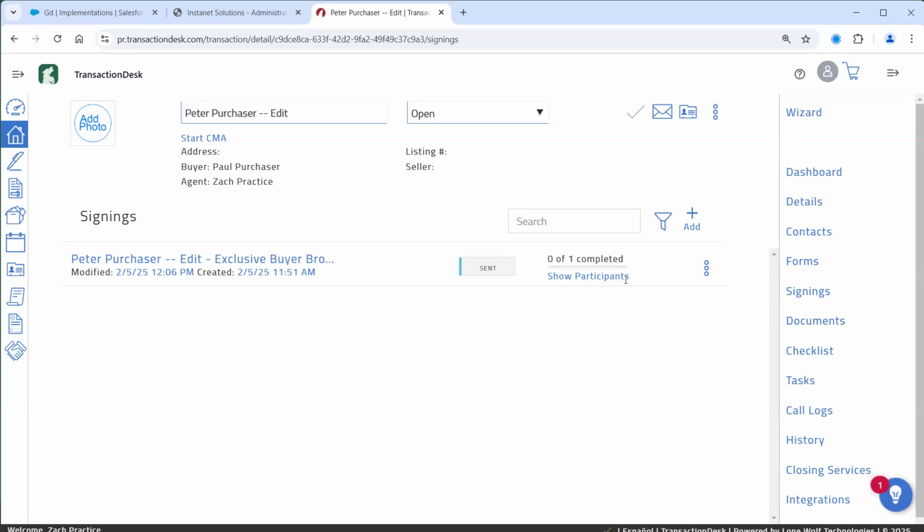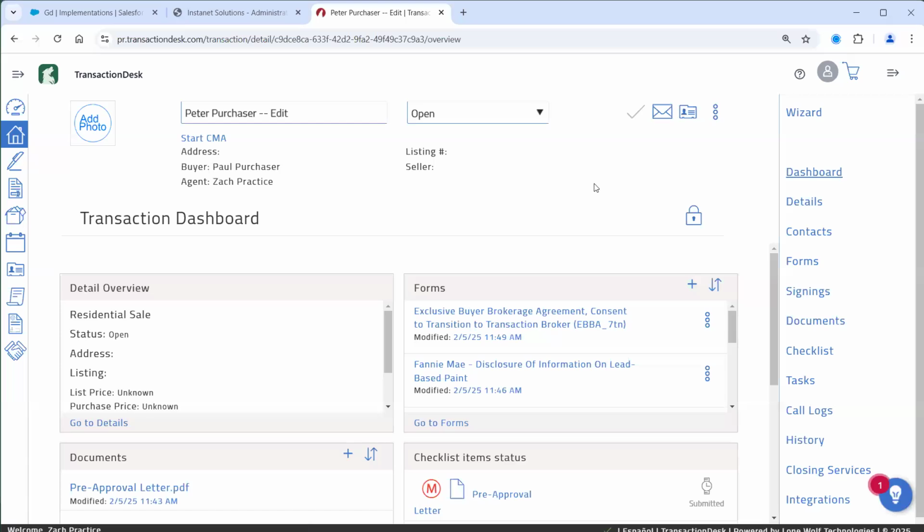Signing section. And again, just clicking here: more options, resend, reset, duplicate, details, delete. But it's in the sent status. And I'm going to go back just to the transaction dashboard. Maybe I should go all the way back out to, you know what? I'm going to go all the way back out to my